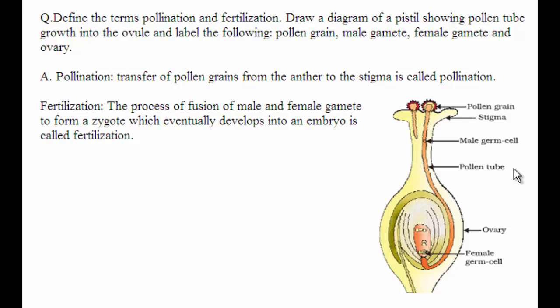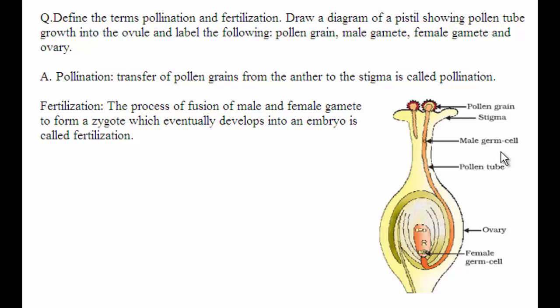So now we need to draw the diagram of pistil. Pistil is nothing but the female reproductive part. And the pollen tube here in this figure, it is entering into the ovule. So this is the pollen tube and the pollen grains. These pollen grains stick to the stigma, and the male gametes here in the figure you can see the